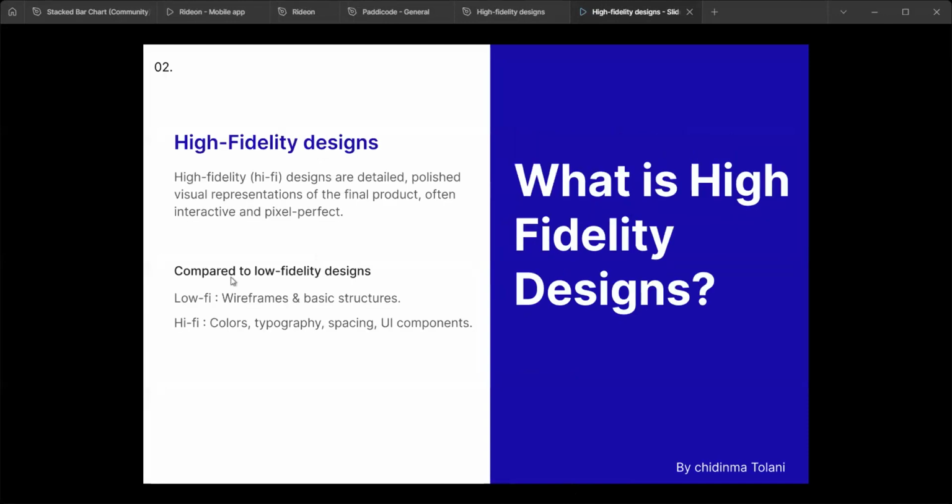Okay. So let's start with understanding what a high fidelity design is. High fidelity designs are very detailed. They are polished visual representations of the final product, often interactive and pixel perfect. Compare high fidelity and low fidelity designs. So low fidelity designs are, let me use very simple terms,